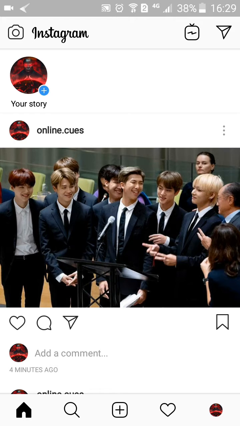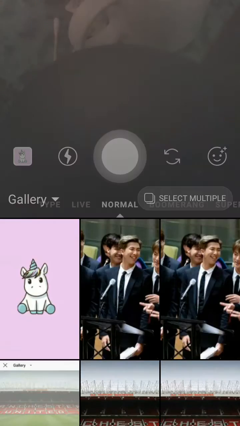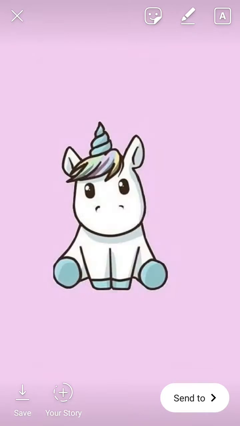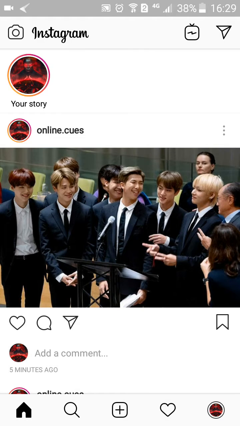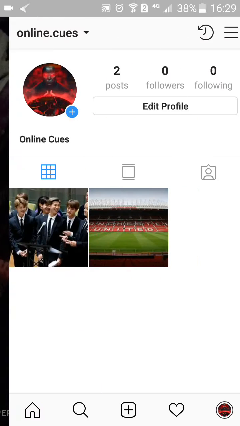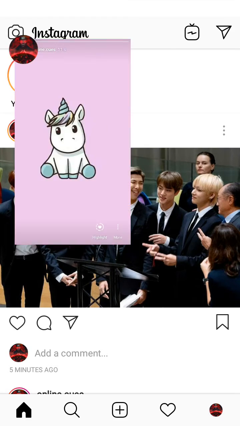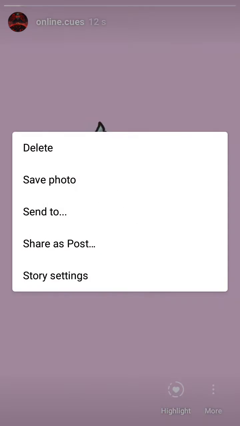So the first thing you would have to do is make sure that you're uploading a story. So when you upload a story, click on add to, and then open up the story. Then click on more,